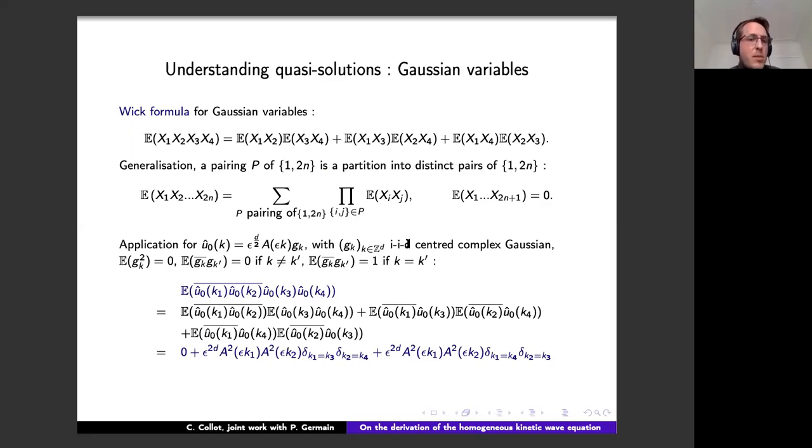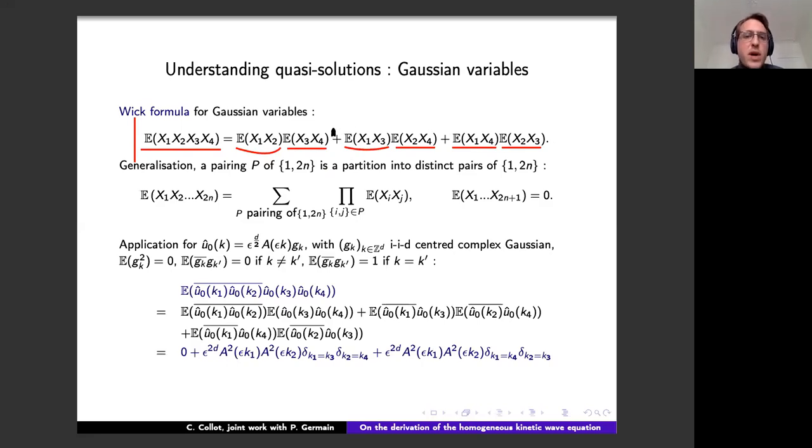So here, I'm putting back something which is well known on Gaussian variables, which is Wick formula. What it's saying is that if you want to know the expectation of a product of an arbitrary number of Gaussian variables, you only need to know the expectation of the product of them 2 by 2, okay? And here, what you're seeing is that if I'm writing you the example of 4 Gaussian variables, in fact, there